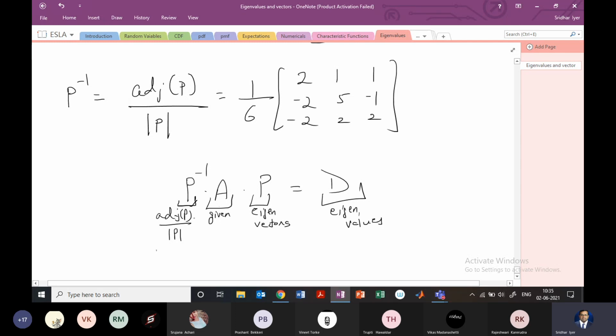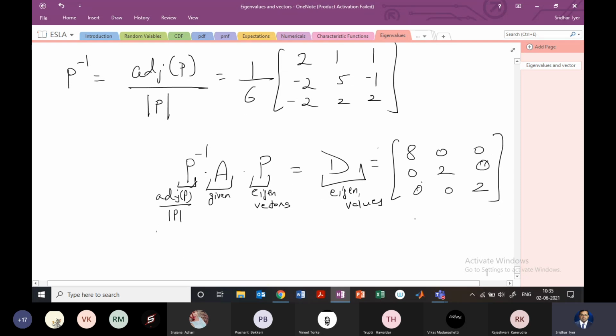So all we have to do now is multiply the factors on the LHS, that is P inverse A P, and see if that turns out to be equal to D. If that is the value, we can say that P is the modal matrix of A. That is all we have to do. So D we already know, because we know the eigenvalues, and the values we have are 8 0 0, 0 2 0 and 0 0 2.